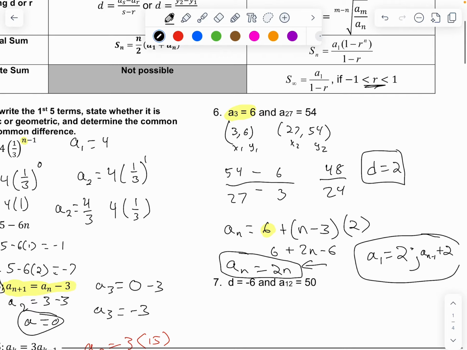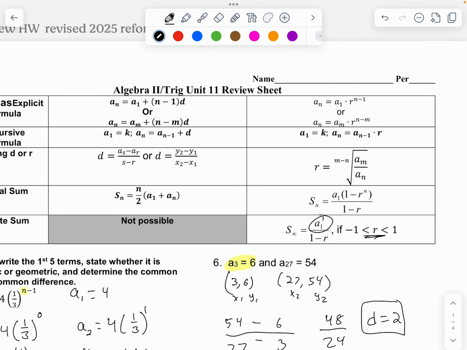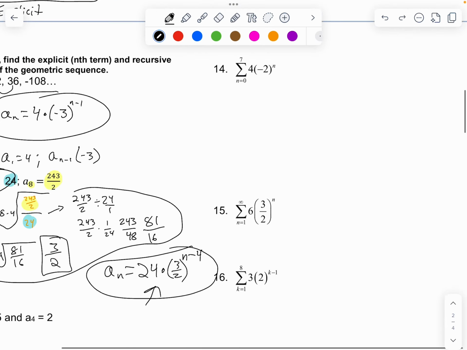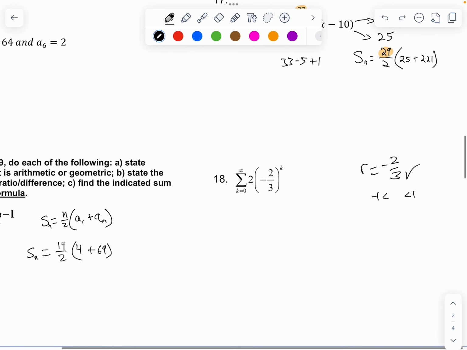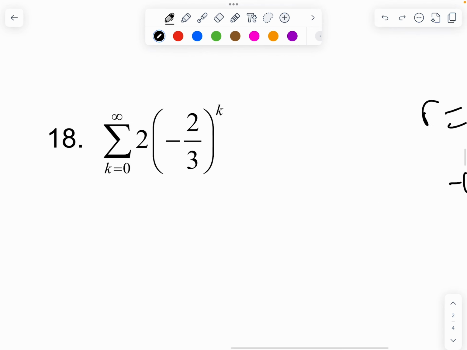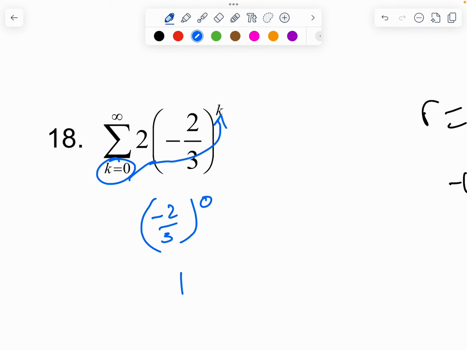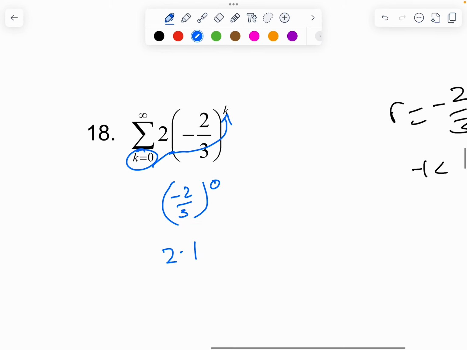So this is going to work for the infinite sum formula, which means we take the value of our starting term. That's what that A1 is here. So the value of the starting term, we have to figure out. For geometric, you don't have to plug in the top and the bottom. We only plug in the bottom value. So you would plug in your bottom value for k. Now if k is to the 0 power, that means that whatever it's raising is just going to become a 1. That's multiplying by that 2 that was outside. So that our very starting value here